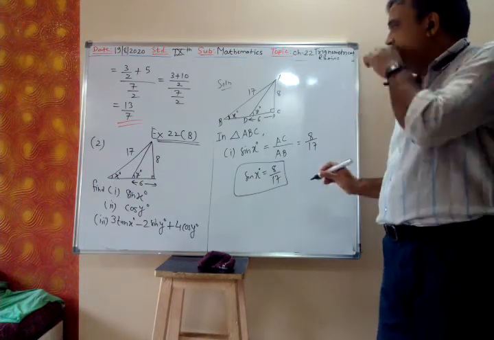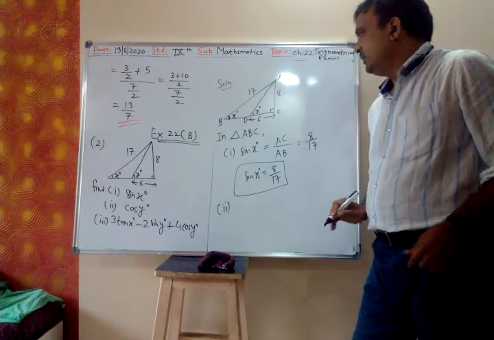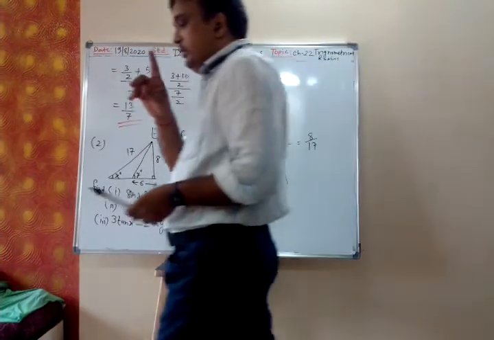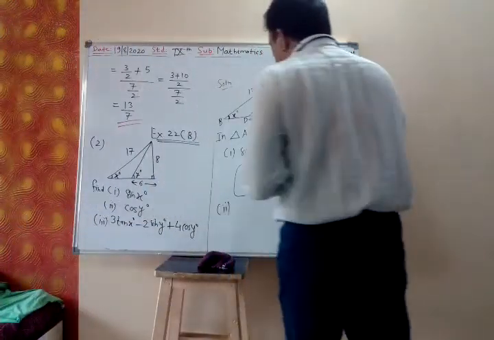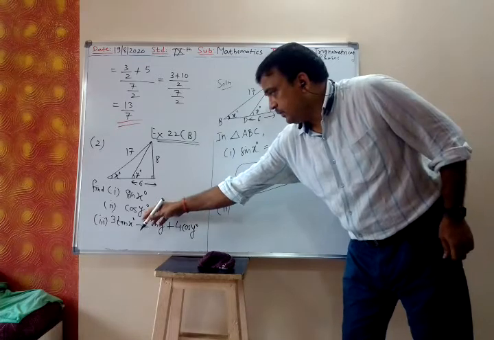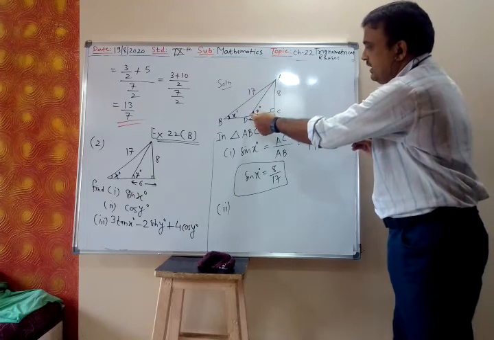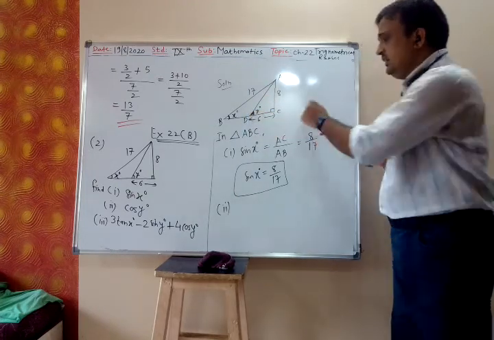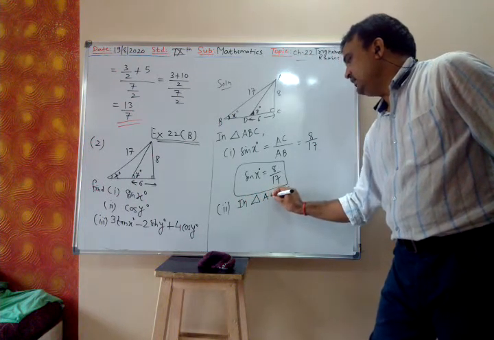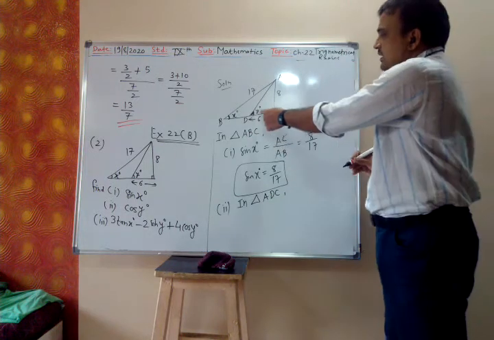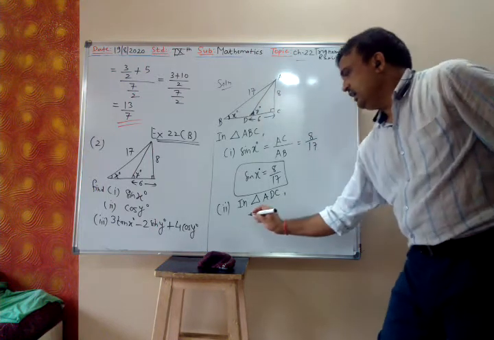Now similarly we want to find sine y degree, cos y degree, second. For trigonometrical ratios, we must have the right angle triangle. Now for cos y degree, y degree is my reference angle. So which is the right angle triangle? ADC. We consider triangle ADC. Because y is the reference angle, we want the right angle triangle ADC. Now we find cos y degree.